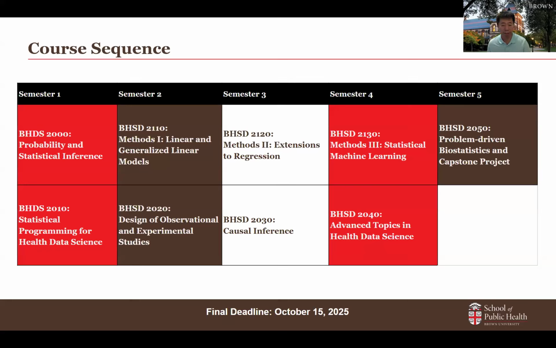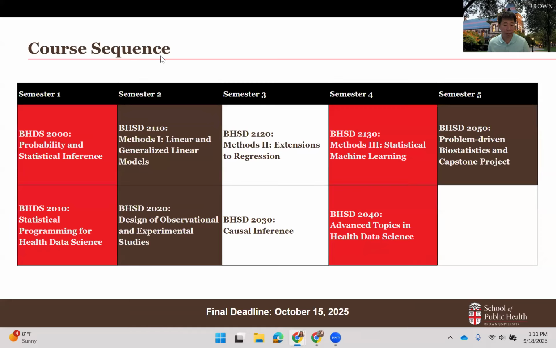In the first semester, the first course is course 2000, Probability and Statistical Inference. The instructor for this course is Dr. Isang Dave. This course will serve as a mathematical introduction to probability theory and statistical methods.